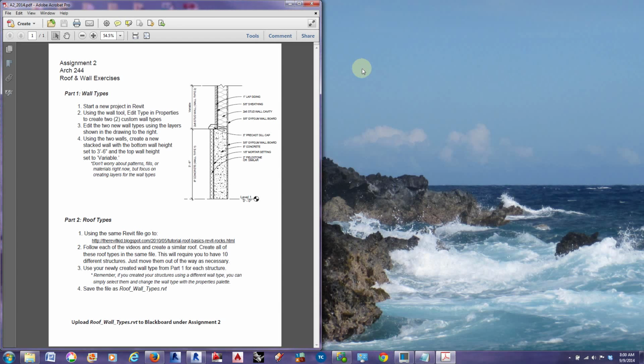Started. So assignment 2 has been up on Blackboard since the weekend. I posted a video to YouTube about stacked walls, which is part 1 of assignment 2. I don't know if anybody has looked at that yet, but